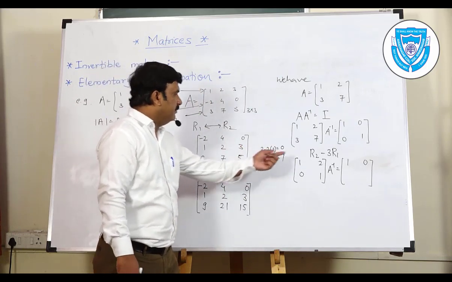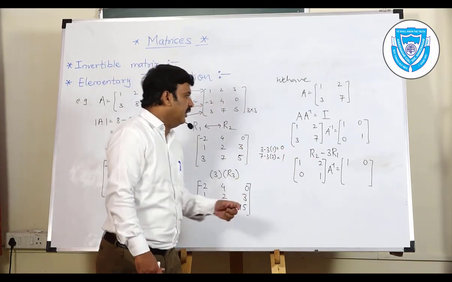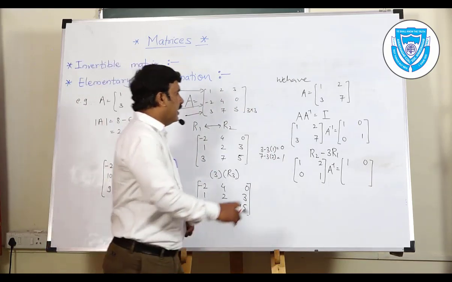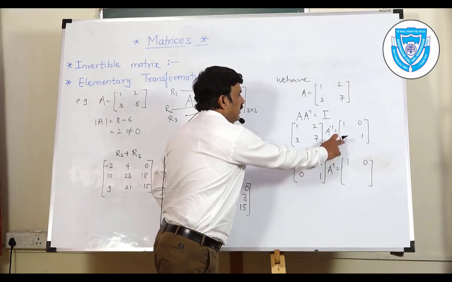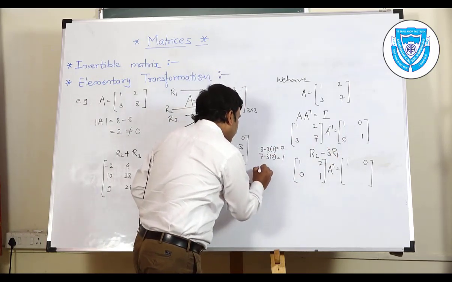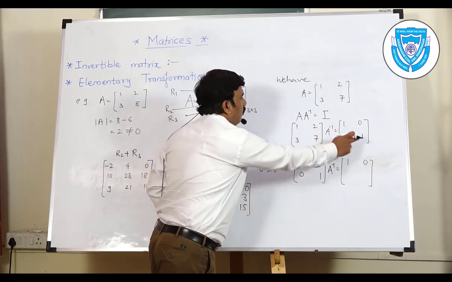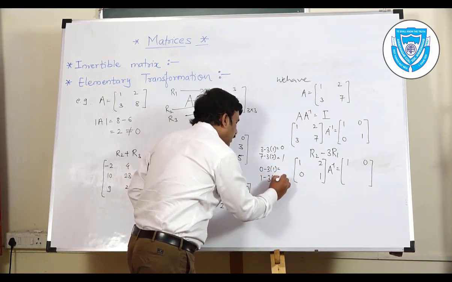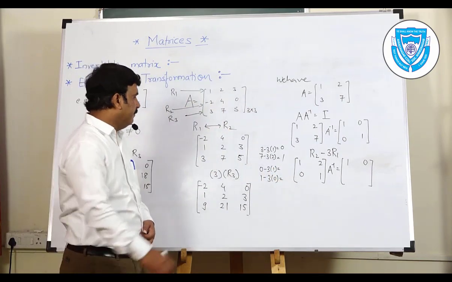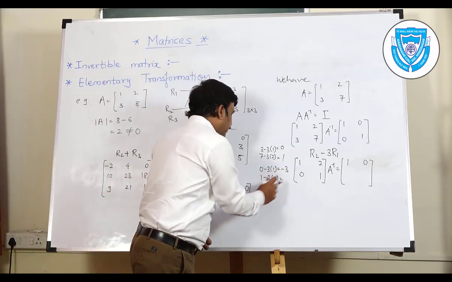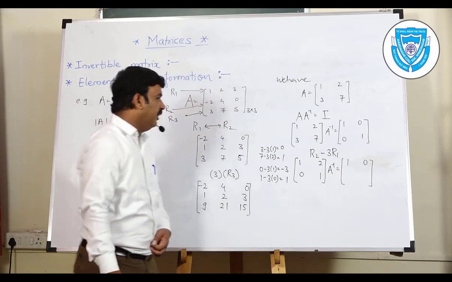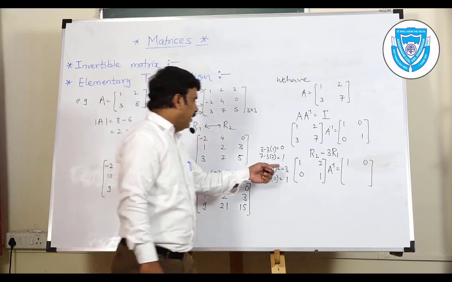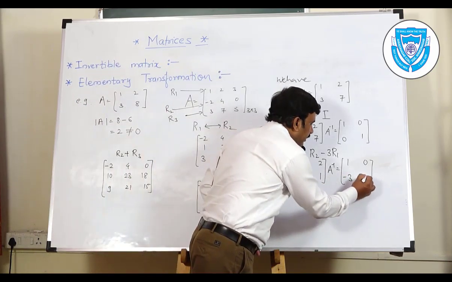We'll perform the operation to get 0 over here only. But as we perform this operation at the left hand side, we'll have to perform the same operation at the right hand side also. Let us perform it at the right hand side. R2 minus 3R1, that is 0 minus 3 times 1, and 1 minus 3 times 0. Let's see what happens after performing this operation. So 0 minus 3 is minus 3 and 1 minus 0 is 1. So the elements of the new second row of the right hand side are minus 3 and 1.